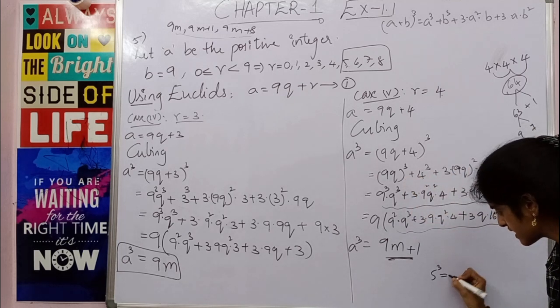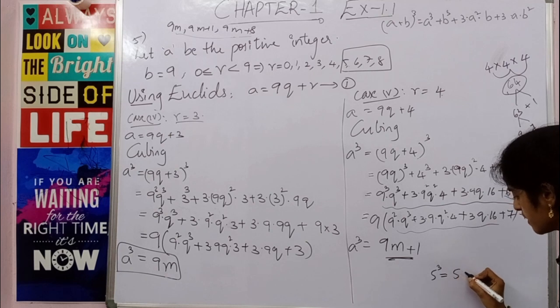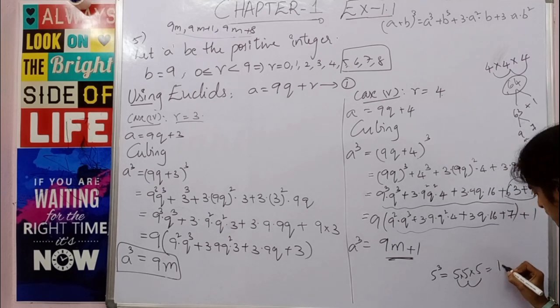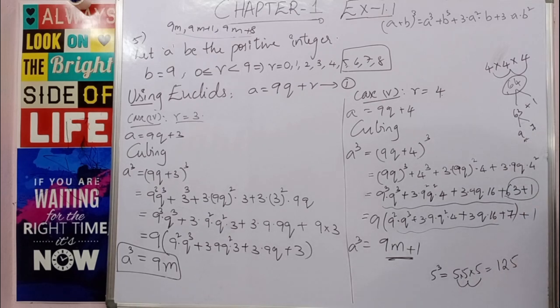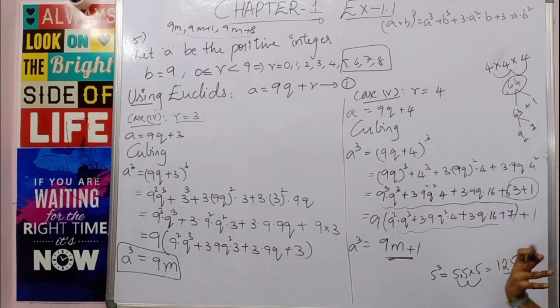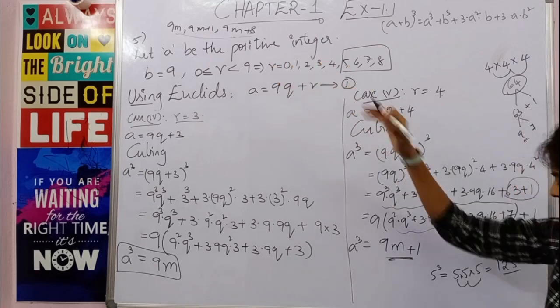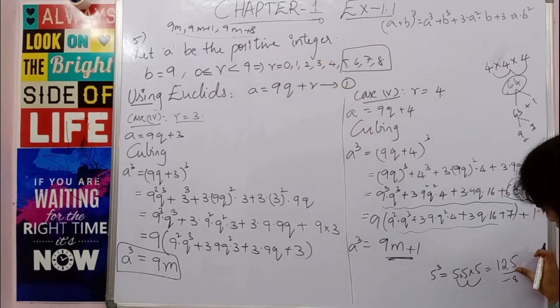So when you take r equal to 5, you will get 5 cube. One term will be 5 cube. This 5 cube is nothing but 5 into 5 multiplied 3 times, so this is 25 into 5, which is 125. Clear? Now you can write 125 another way. A simple technique: you got 9m plus 1, so the next term will be 9m plus 8, right? It will be 9m plus 8. That means if you subtract 8 from this, what will you get?